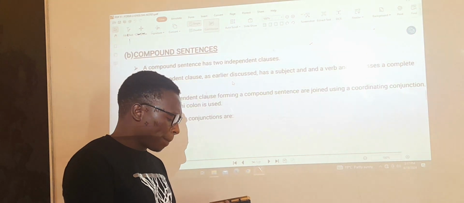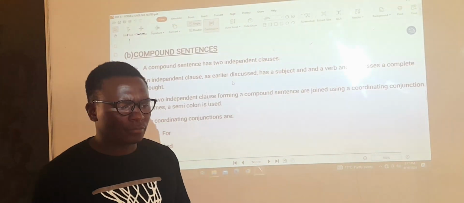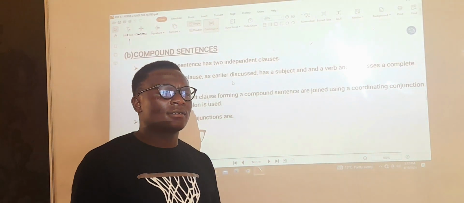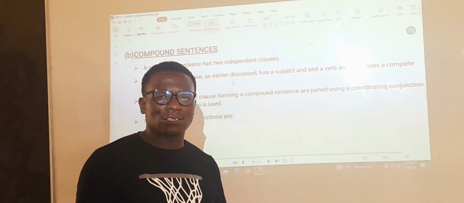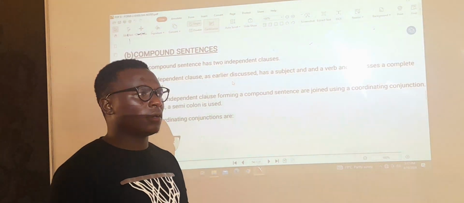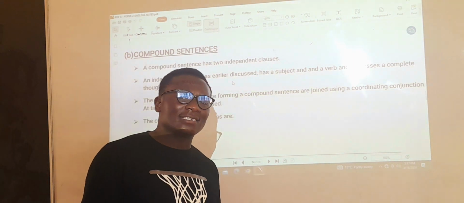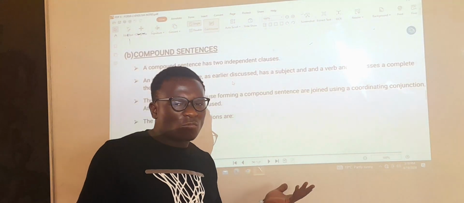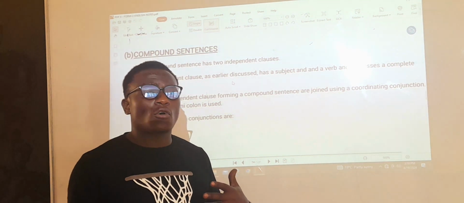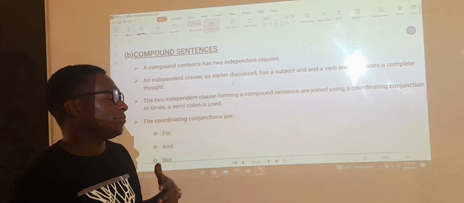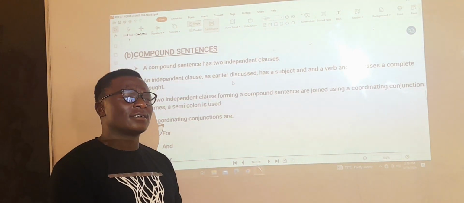Let's learn. In this lesson, I felt it's good that we discuss compound sentences together. I'm sure you've heard of it. When you've been asked, is this sentence compound or what is it? First of all, what I need you to understand about compound sentences is that a compound sentence is a